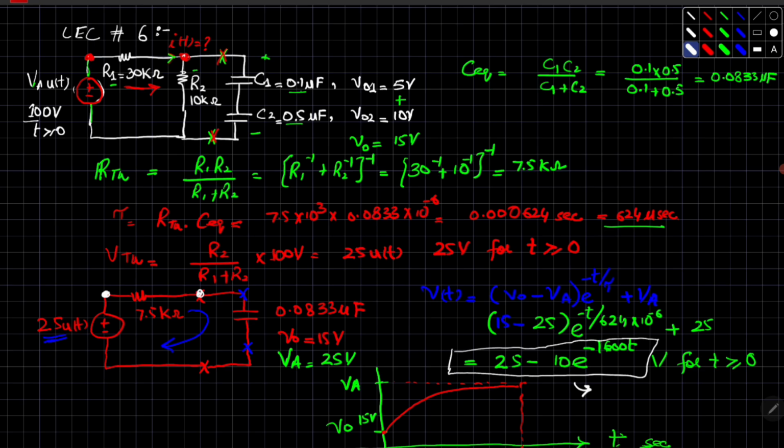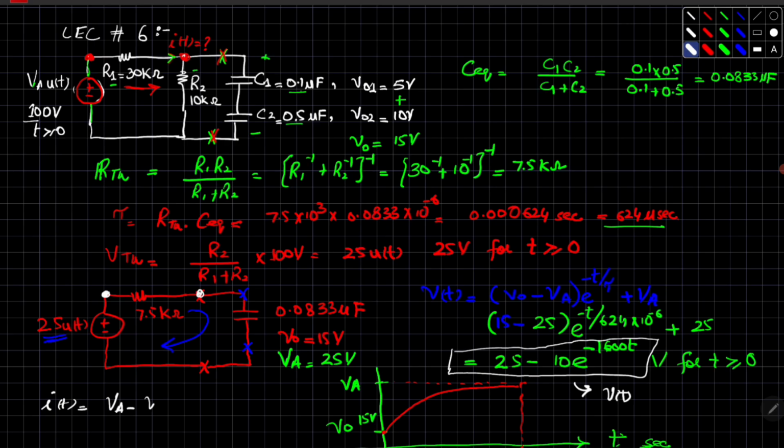This is equal to the voltage, a function of time, across the capacitor. So we have the values of two points: one is 100 volts and the other one is 25 minus e raised to power minus 1600t. So what will be the value of i(t)? That will be